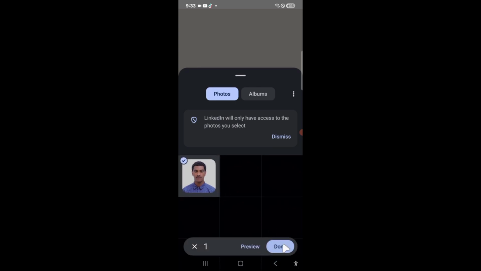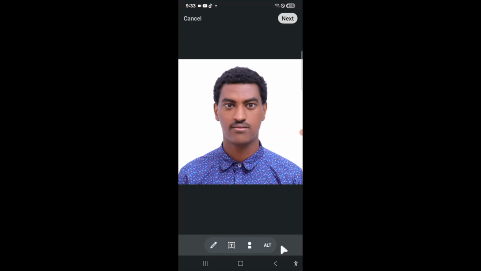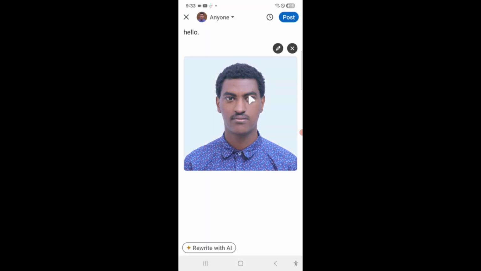Press next. Then I will not add an alt text, I will just press done. Then I don't want to post it right now, so I will schedule it.